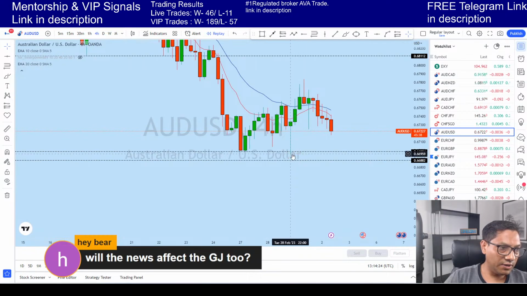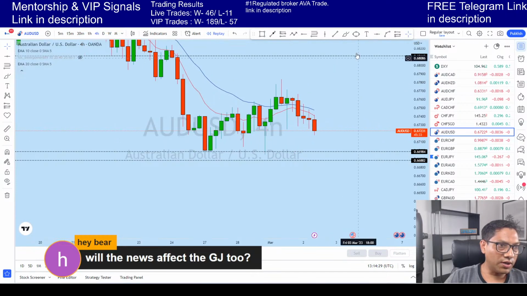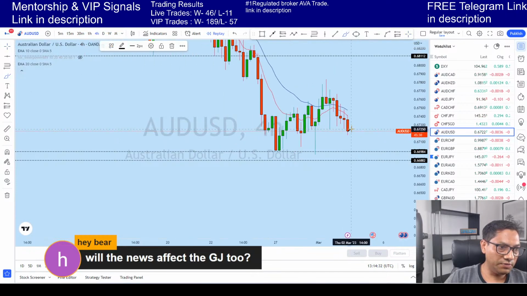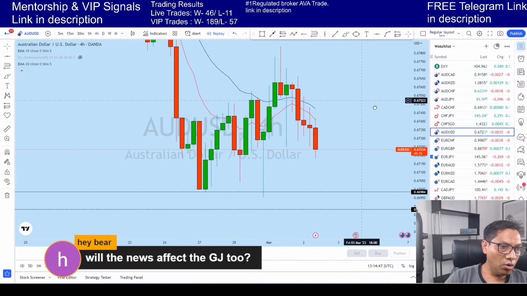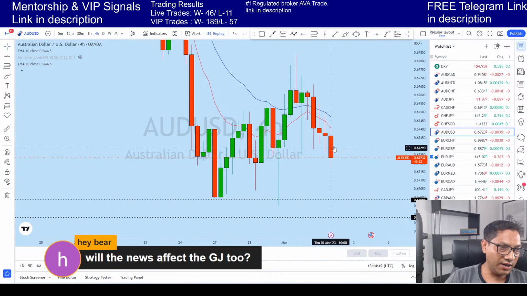You can see that the price already tested that level here, and what I think is that AUD USD, after dropping this level, we can highly likely expect it to push to the upside and then to drop. So understanding this fact, I will be opening an AUD USD sell only if this current candle has gone up, tested this 20 EMA, or has reverted back to form a green candle here, then we can sell AUD USD for this move.